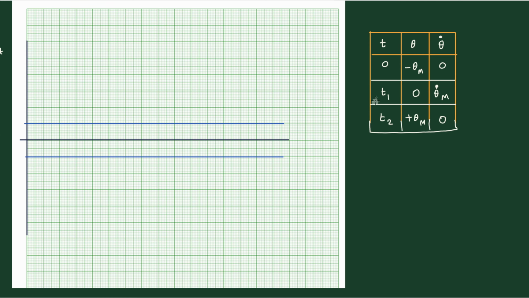So this is the tabular column that we have. This is the minimum data that we have, but this data is not sufficient to plot. You'll have to measure a lot of data points in between 0 and t1. You see how many values there are. There is 0, then there is time t1, then there is time t2. But in between 0 and t1, several times are there. So you'll have to perform the measurement at intervals. Many data points you'll have to collect. Similarly, in between t1 and t2, you'll have to collect many data points.